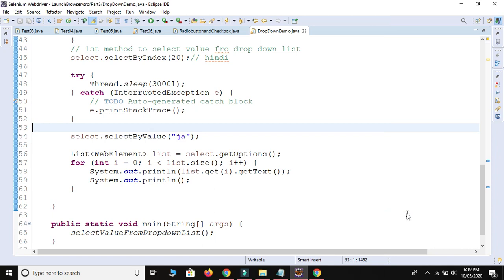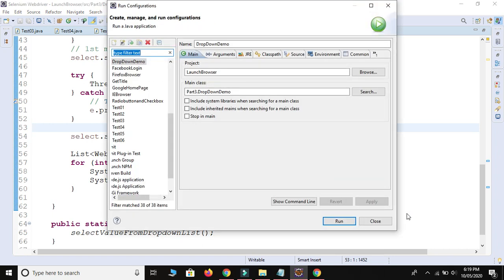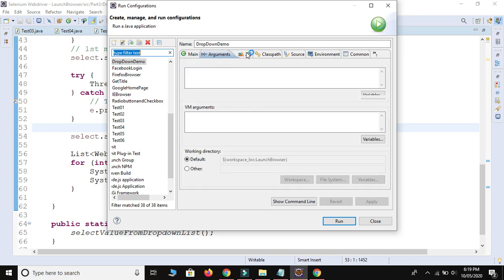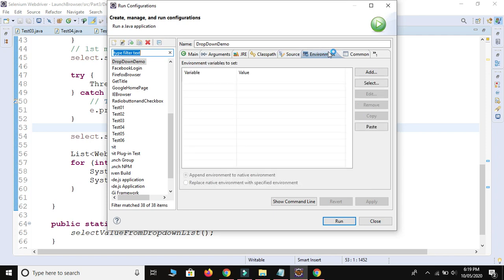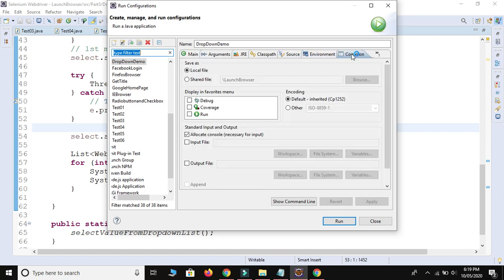Okay, so after pressing run configurations, you are able to see this window. See guys, this is the project developed for the drop down demo. Okay, this is our current project name. So it contains main, arguments, JRE, class path, source, environment and common. So we need to use this common menu and change the value of encoding.